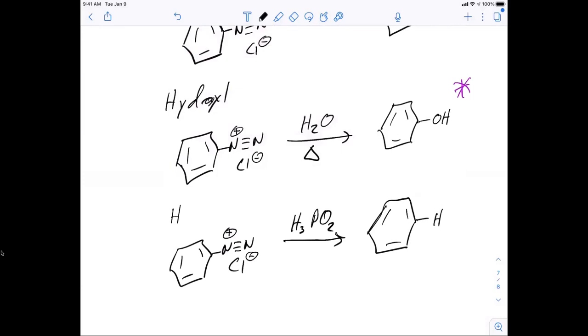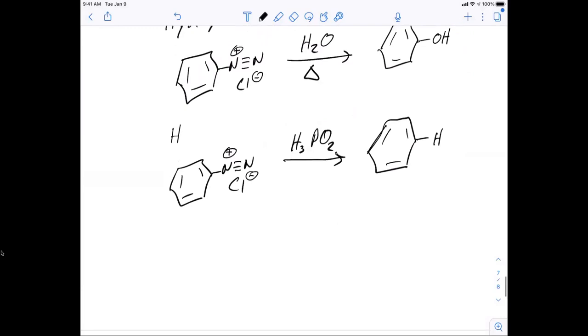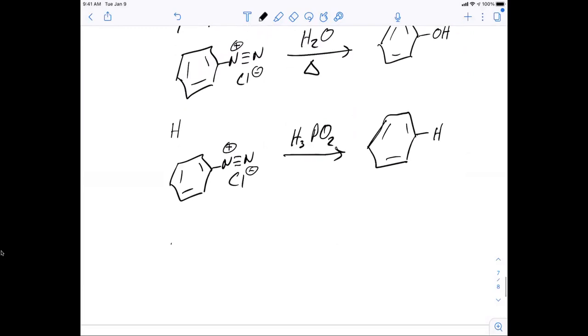They had the hydrogen. You might ask why that would be useful. That could be useful if I wanted to do something